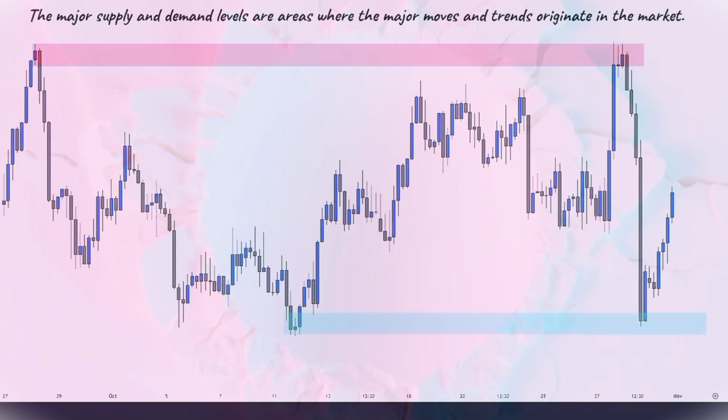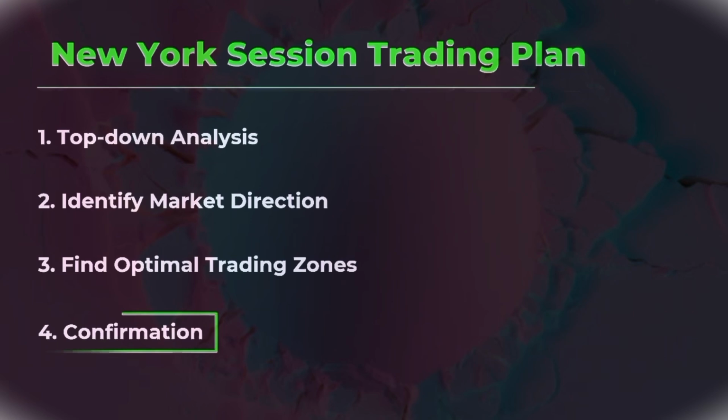Identifying key supply and demand levels in trading is important because they represent price levels where significant buying or selling activity has occurred. You could use these levels to make informed decisions as they can act as strong indications helping to predict price movements and plan entry and exit points. Now, in the final step, we zoom into lower time frames like 5 and 15 minutes to look for confirmations